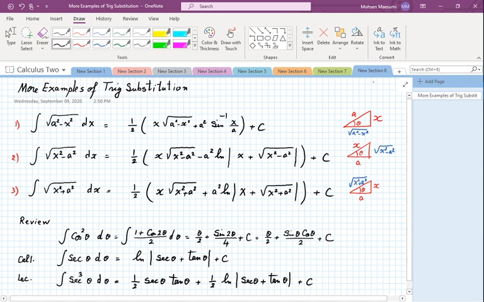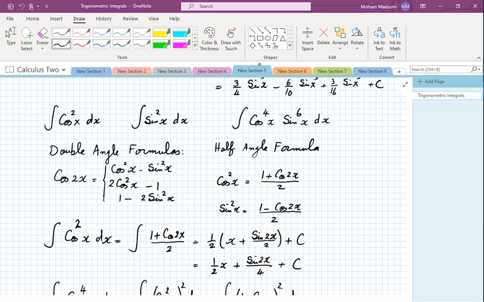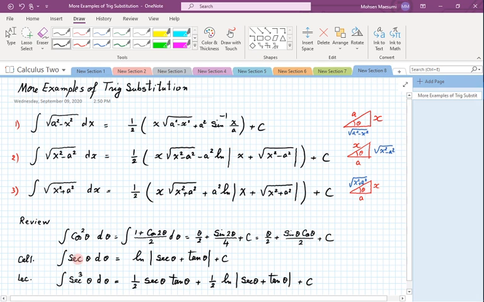To do these, we need the trig substitutions themselves, and then we are going to require three problems we had done before. Integral of cosine squared, we had done that a few lectures ago, using some basic trig identities, and then integral of secant. This is one of the basic integrals in calculus 1, you see. So is this one. We are going to require that, and integral of secant cube was the most complicated of these, and we had